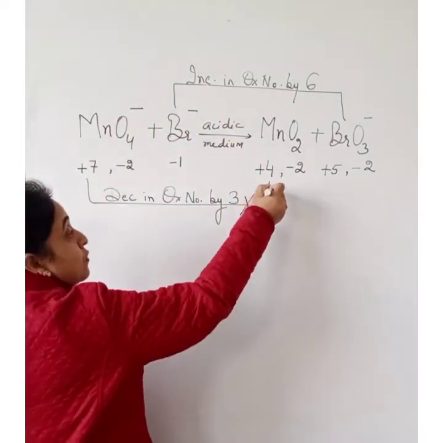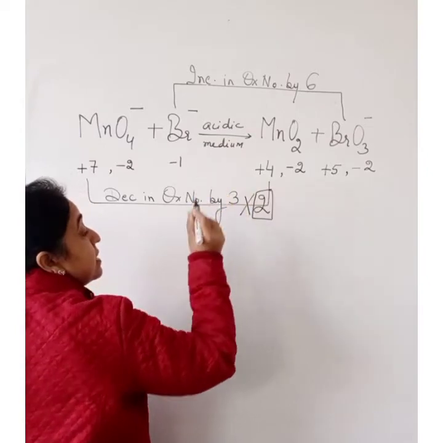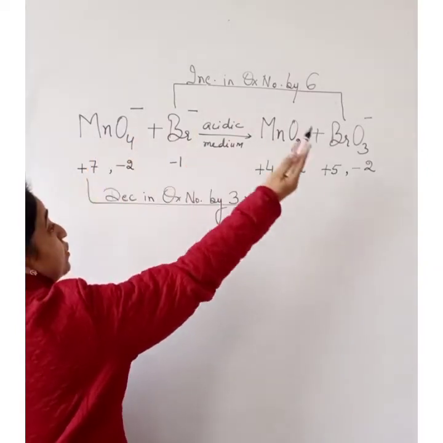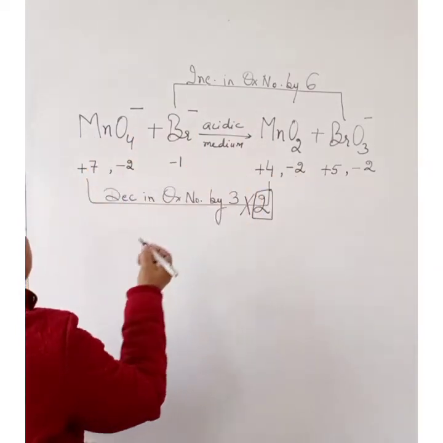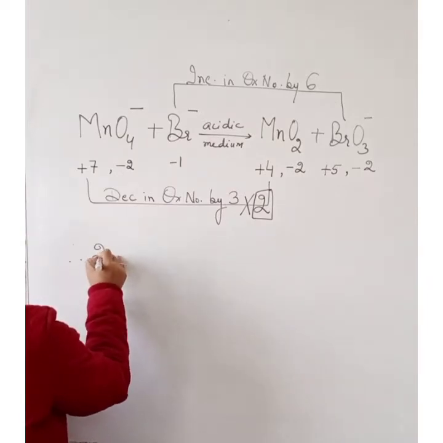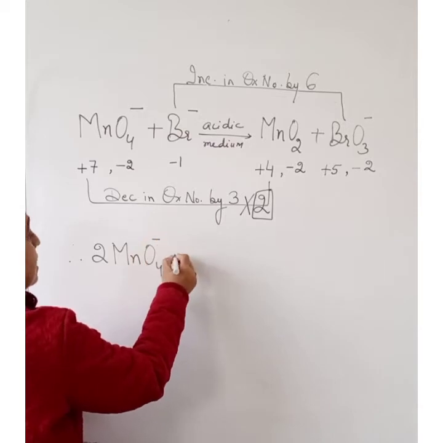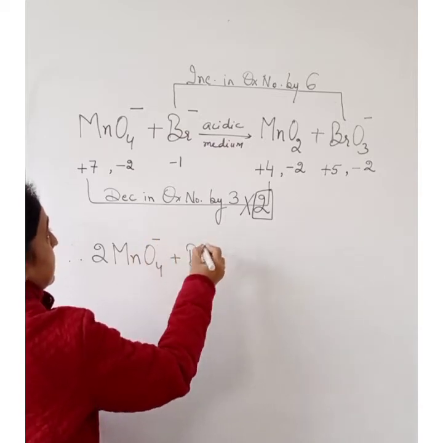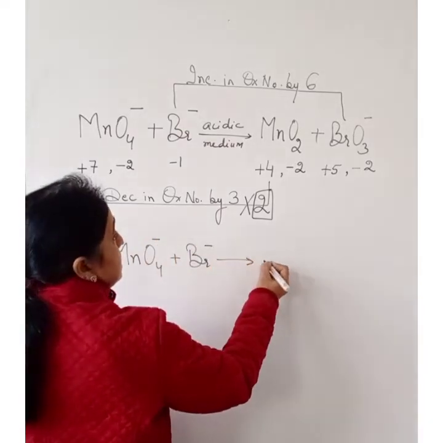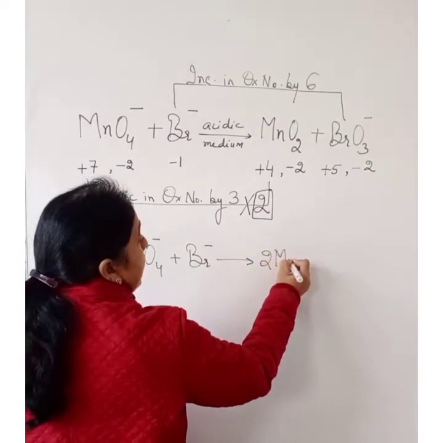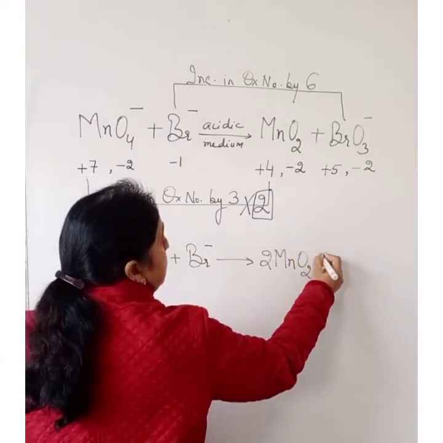Now whatever coefficient you are multiplying here, the same coefficient you have to multiply on both the sides. So therefore I will write again 2MnO4 minus plus Br minus gives 2MnO2 plus